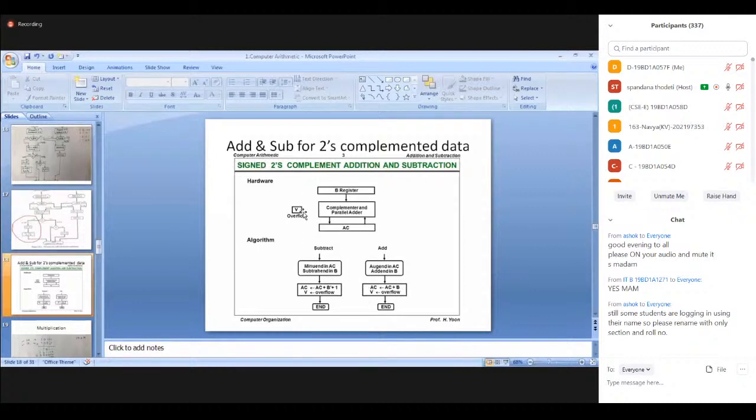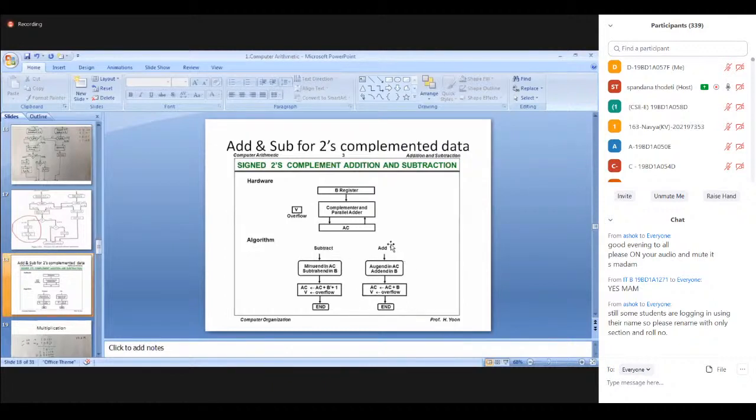Here you're not using this E flip-flop. E is not used. And at the same time, AS and BS are not used in this case. Why? Because here you are not specifying the sign of the numbers explicitly. The sign will be included in the A register as well as in the B register. In the number itself, you are including the sign. Therefore, you don't need any flip-flop for storing the sign explicitly.